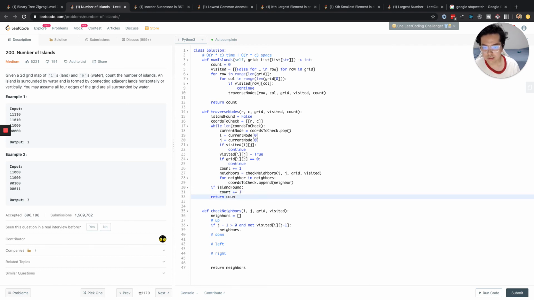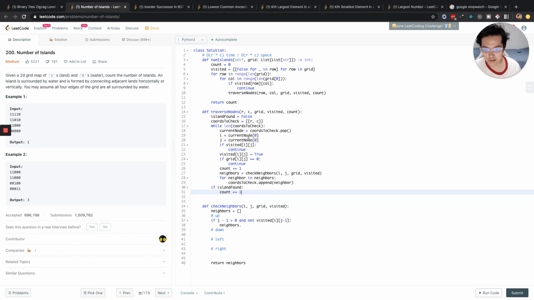So I don't need that to be returned. I just need that to be ended. So instead of this, island found equals true, for sure. Okay, neighbors dot append